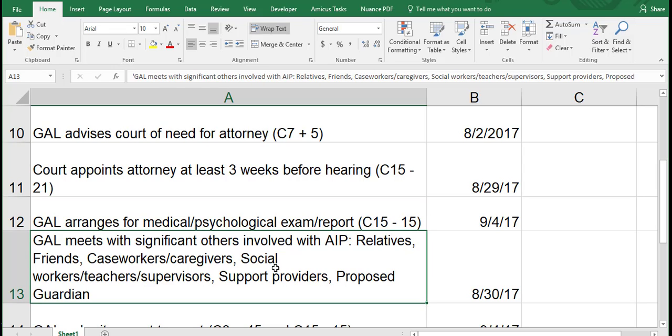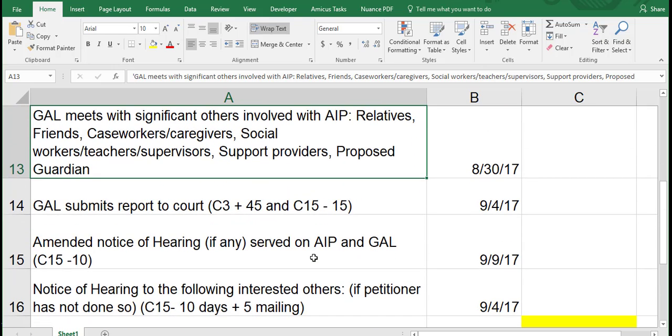After that, the guardian ad litem must work to locate and interview and talk with appropriate people who have knowledge about the AIP: relatives, friends, any caseworkers or social workers that have worked with the AIP, or support providers, and also the proposed guardian to assess. And maybe there's 1 or 2 or 3 that are saying, hey, I'd like to be the guardian. Typically it's just 1, but the guardian ad litem would assess that person.